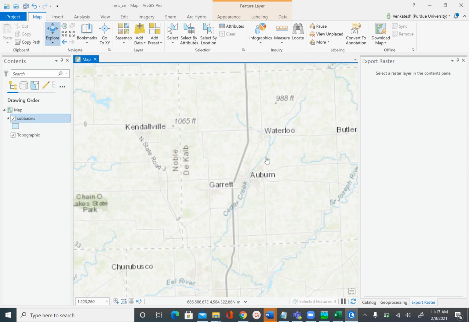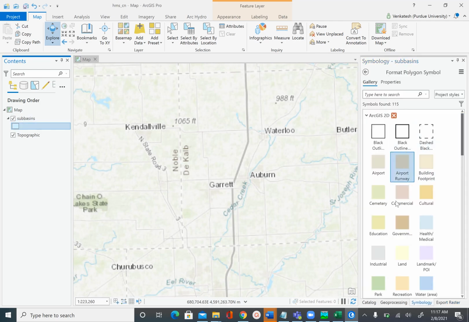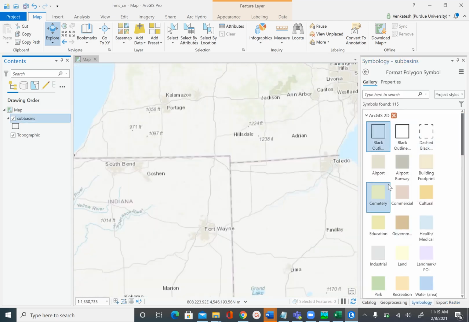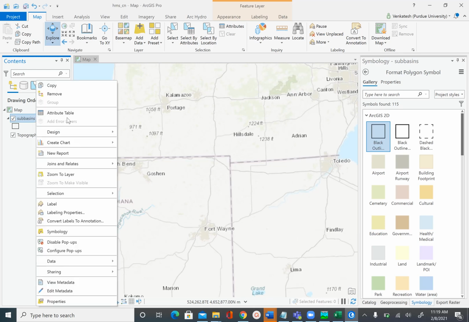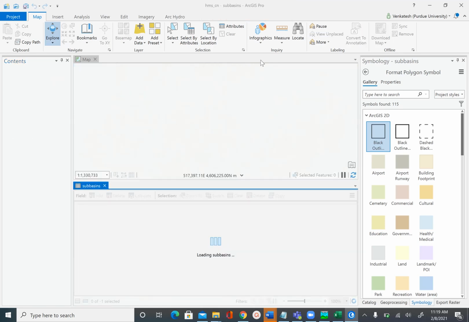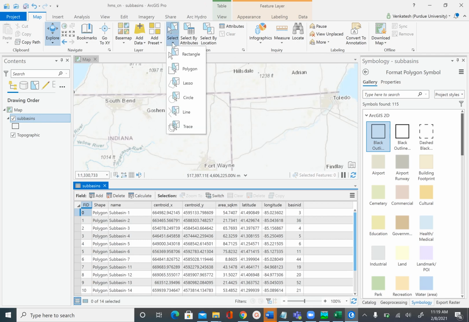Now the map did zoom into the location where we have those subbasins, but sometimes it doesn't show up in ArcGIS easily. So a simple fix to that is maybe just change the symbology, and let me pick something else. And even if it doesn't show up after changing the symbology, another way to make sure that the shapefile is added is just open the attribute table and select all the features,